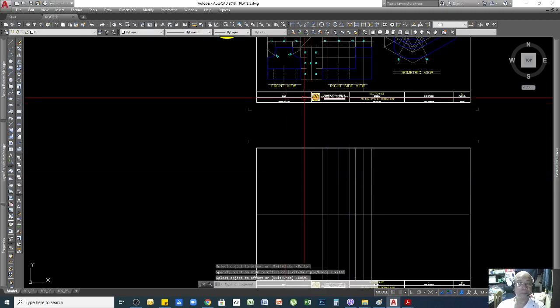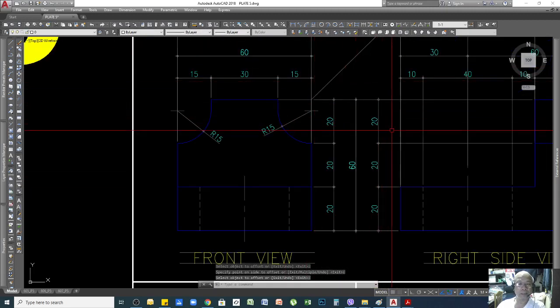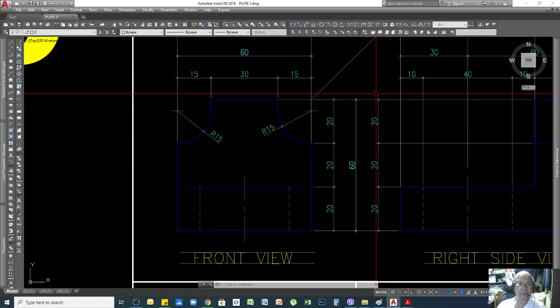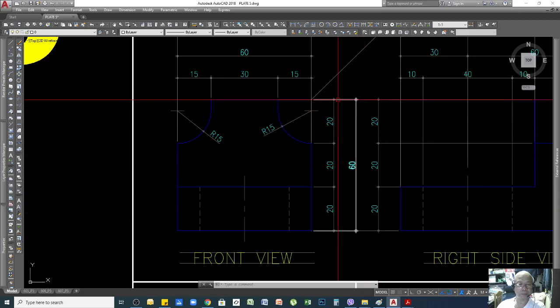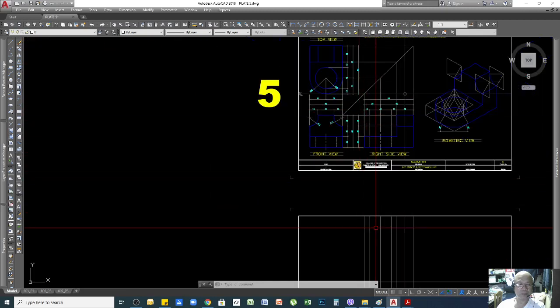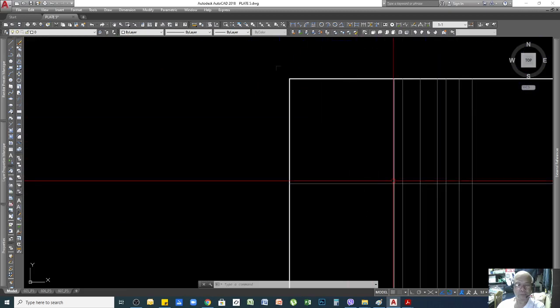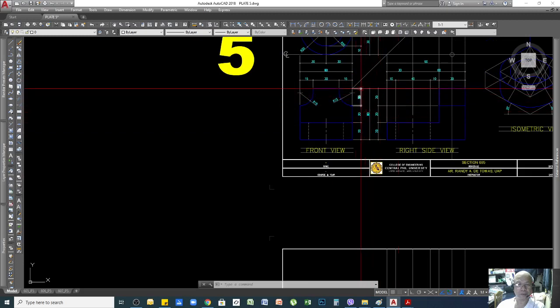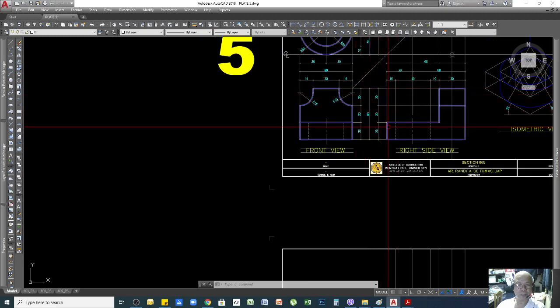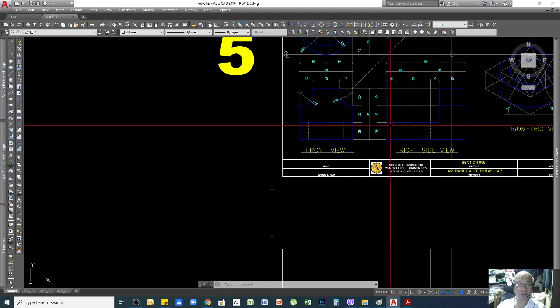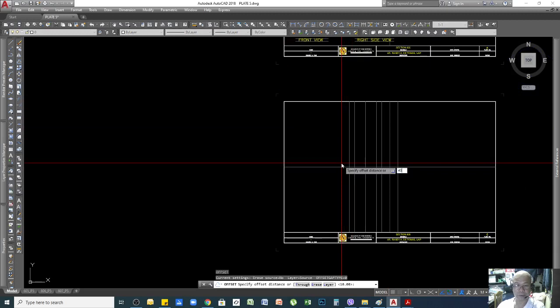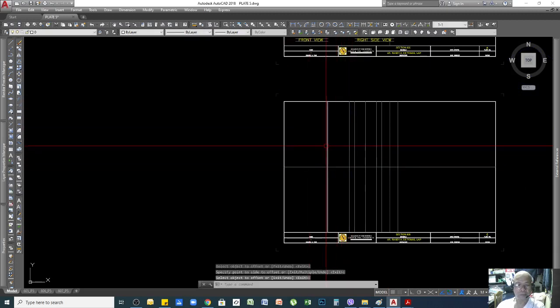Since I have a spacing of 4 parts here, I can make a distance for my grid dimension at 10 units. So to not make the space in between complicated, I can just offset first 40, my distance between right side view and front view. Okay, so I will use 40 like that. So my front view and top view will start from here.